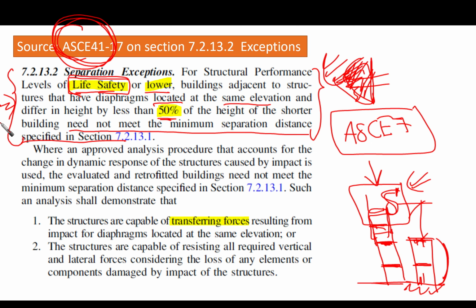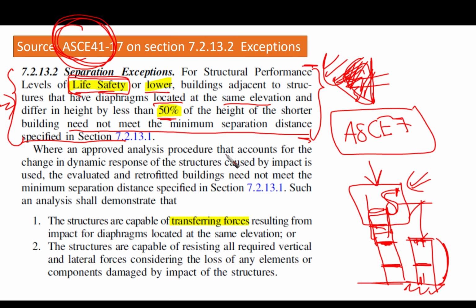And again, even for new buildings, if you could, using rational analysis or an expert engineer, tell that the effect of seismic pounding is not that much, then in this case you can reduce the amount, or even eliminate it if you are sure that seismic pounding would not make